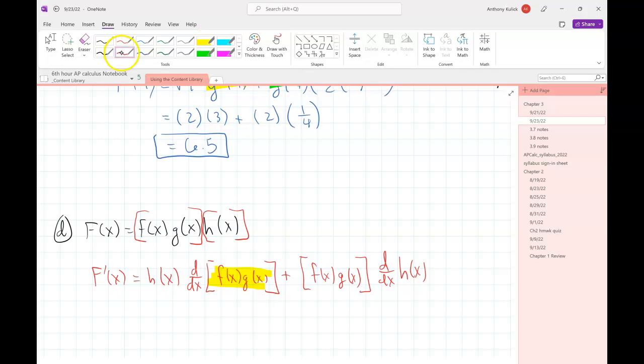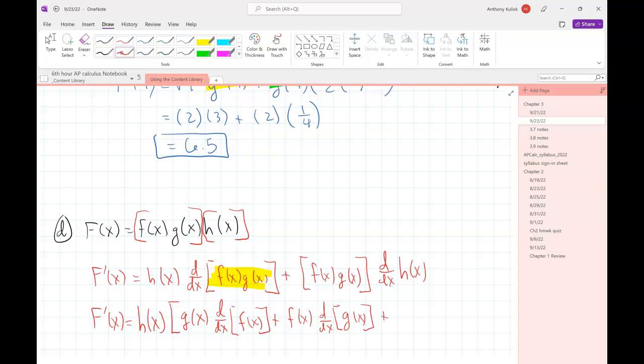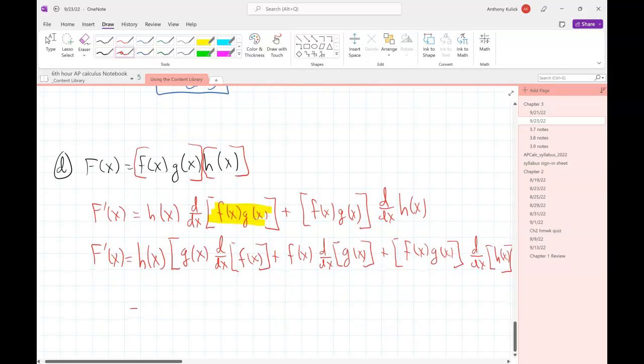So I have a product rule inside of a product rule. Or if I just wanted to simplify this down,